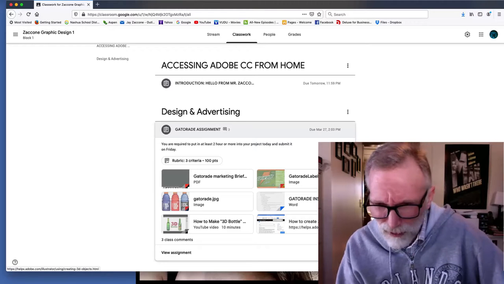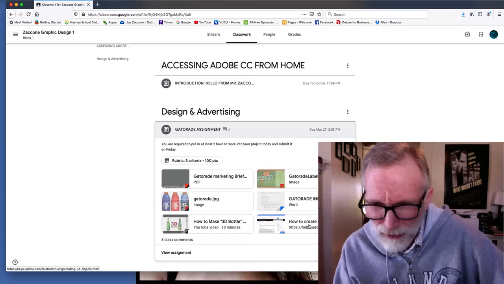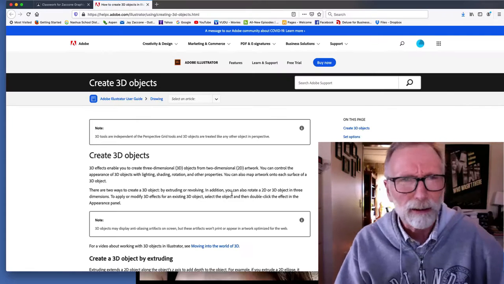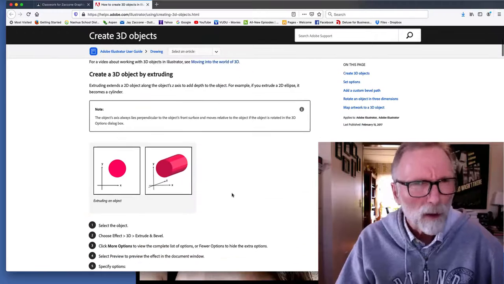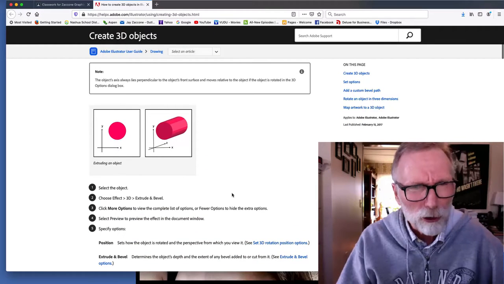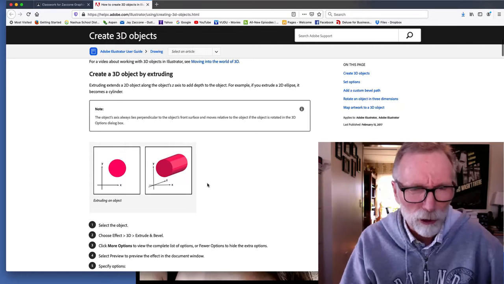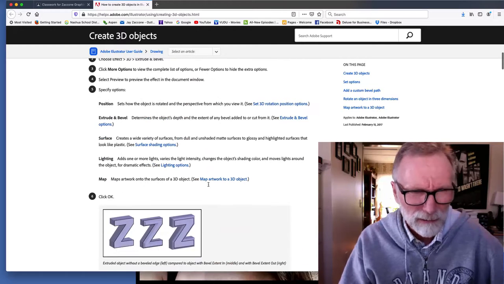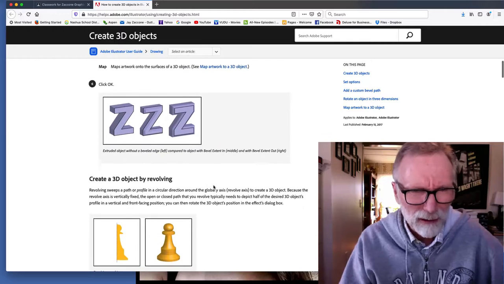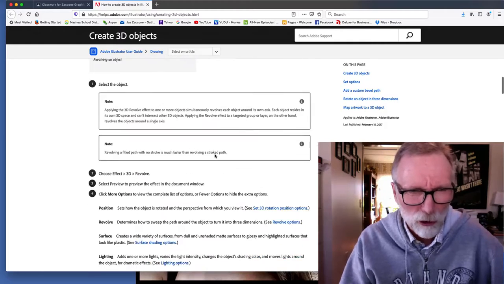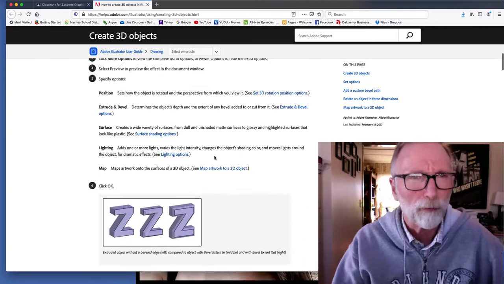And here's some information on creating 3D images. This is in the Adobe help thing. Extruding and bevel, that's what will happen when you do extruding and revolving. Now, you've done this. We did this with the spaceship, so we're going to do that same concept there,